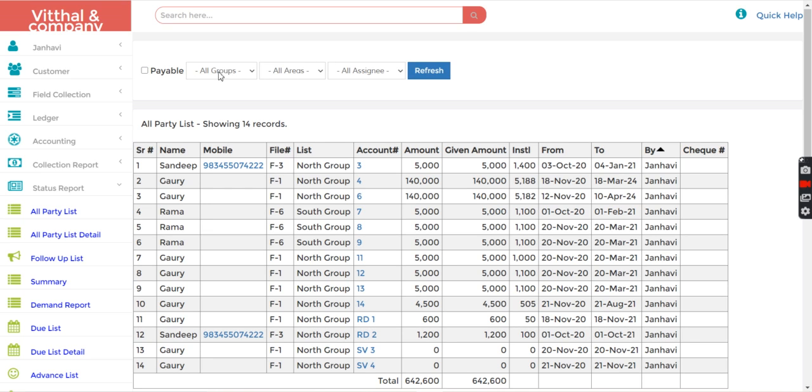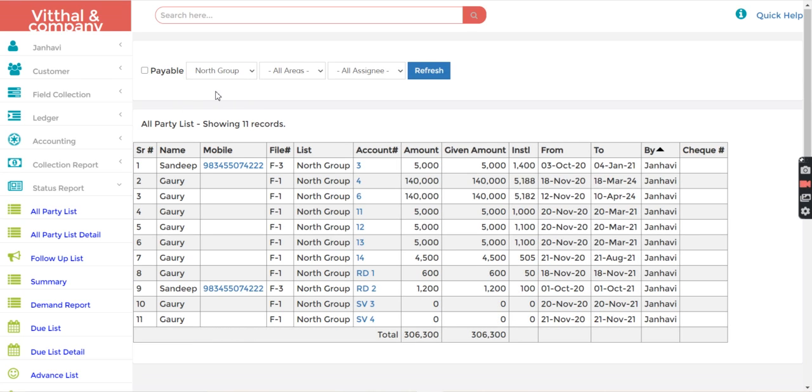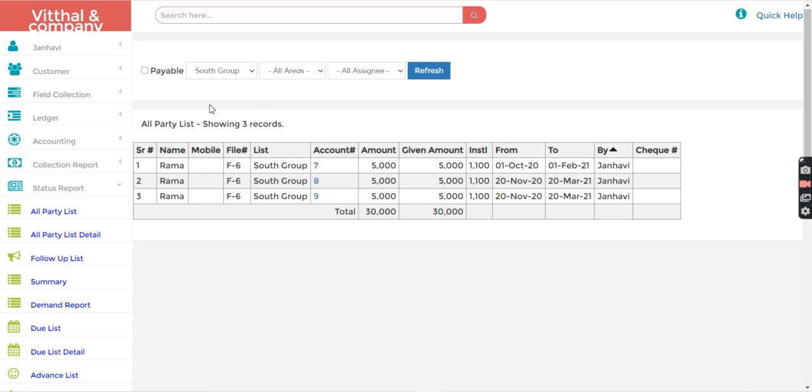So according to that we can do the filter. So let's say North group. So you can see 11 records for North group. Then I will select the South group. So only 3 records for South group. This way we can do the filtering also in status report all party list.